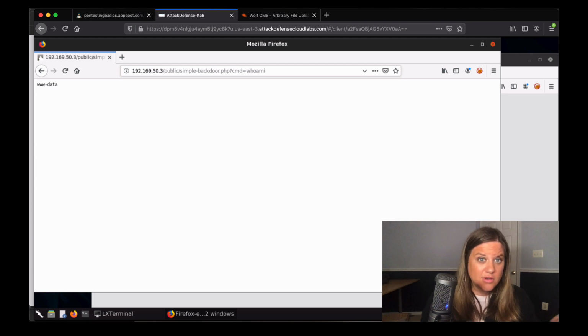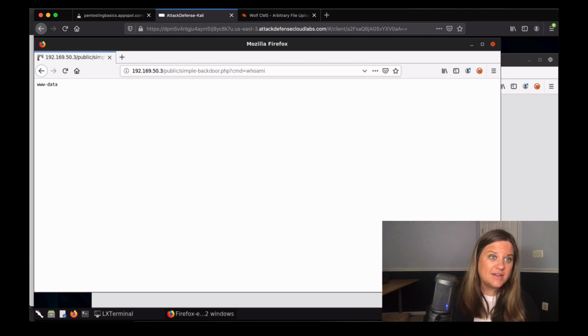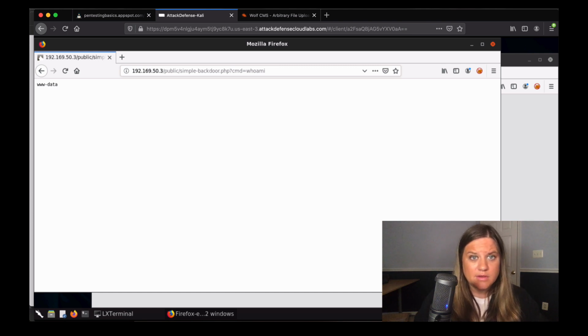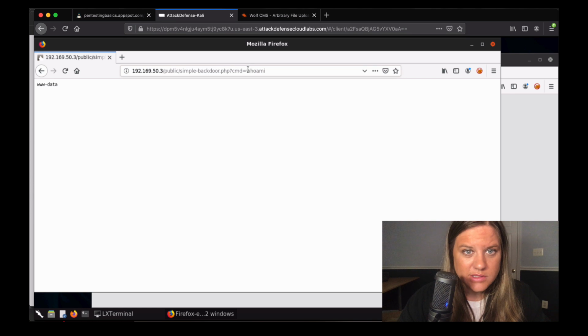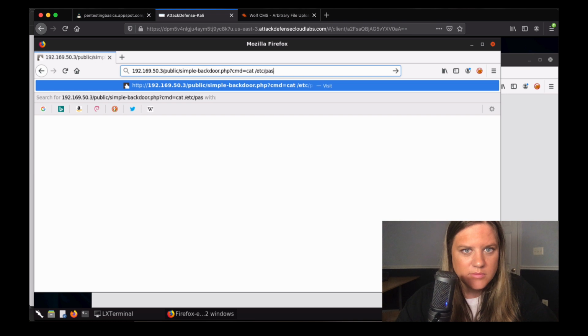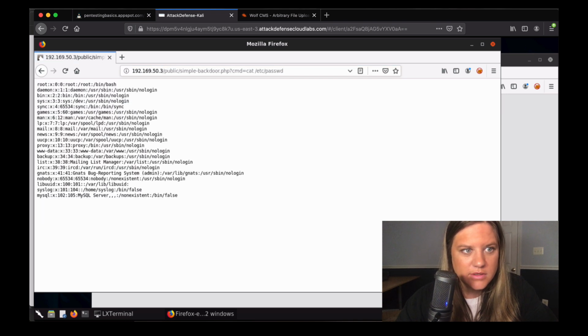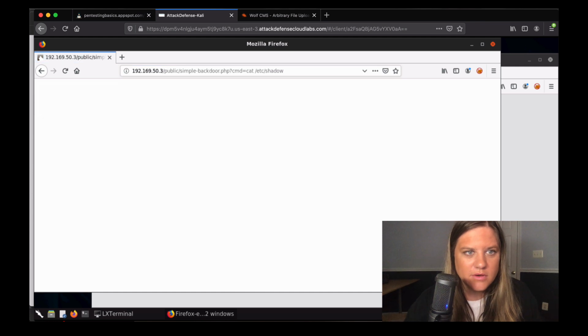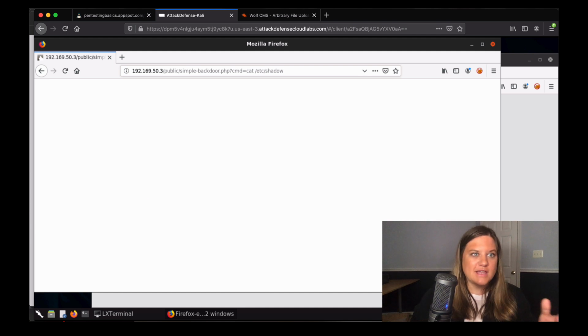www-data again. So good. That's a good security finding there, that we only have very limited privileges on this box. We can't get /etc/shadow. If I did a cat /etc/passwd, we might be able to get passwd, but I doubt it. Yeah, we'll get passwd, but like I mentioned in a previous video, /etc/shadow is where the passwords actually are. So, we're not able to access /etc/shadow because we are